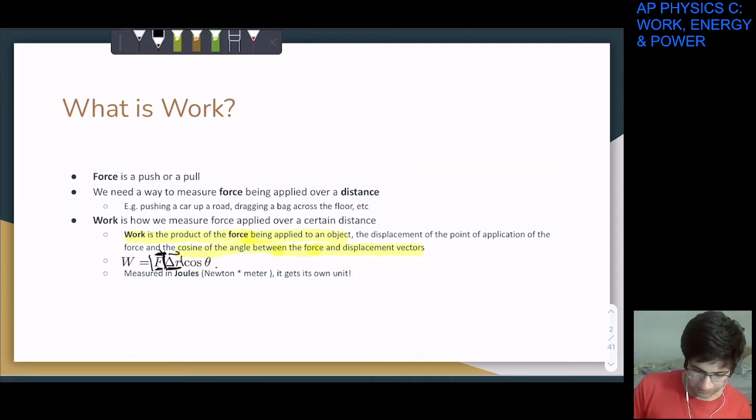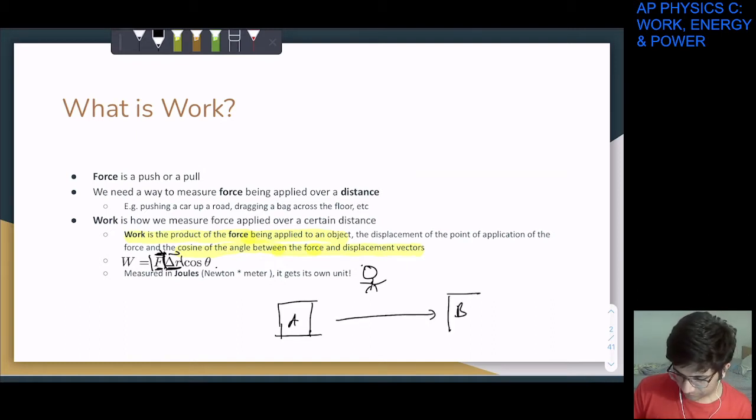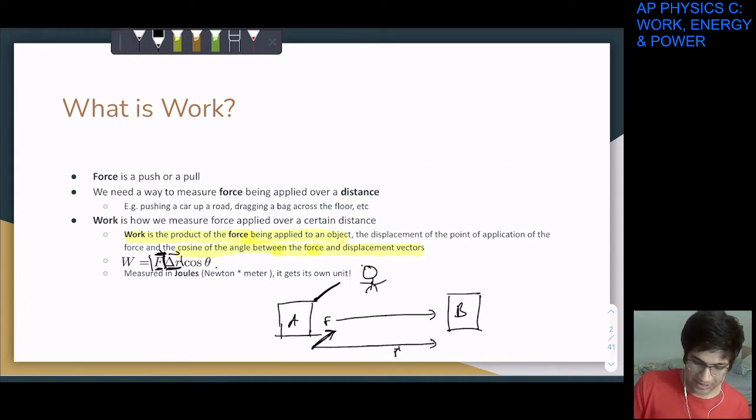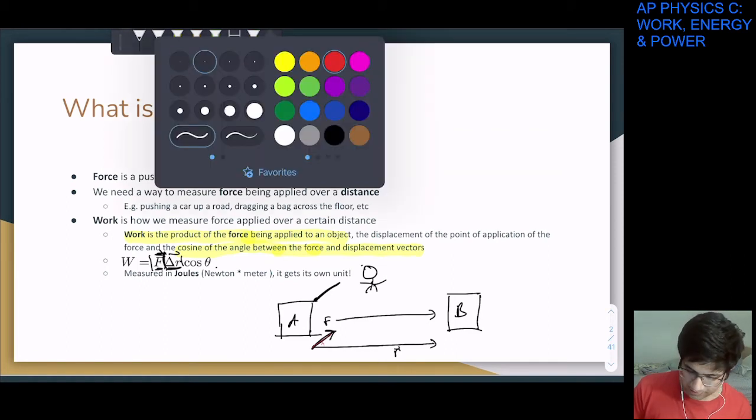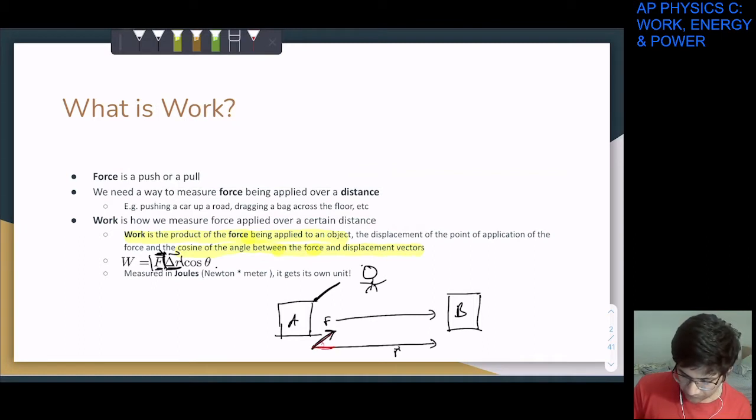As a quick example, say you have a box, and you're a person over here, moving a very big box from point A to point B. Now this is your displacement vector R, and let's say there's a rope over here, and you're applying a force this way. Well, the work that's done is essentially this vector times this vector, magnitudes, times the cosine of the angle in between. And what this lets us do, by taking the cosine, is